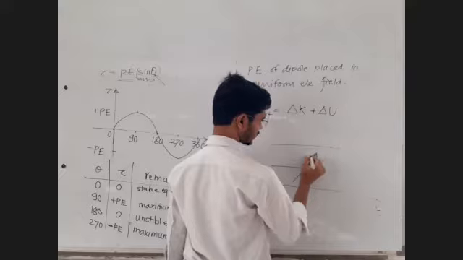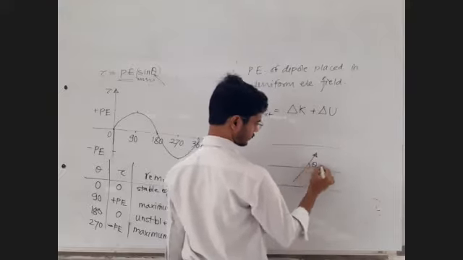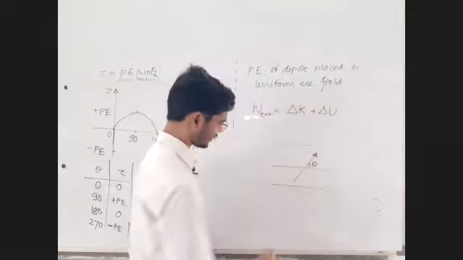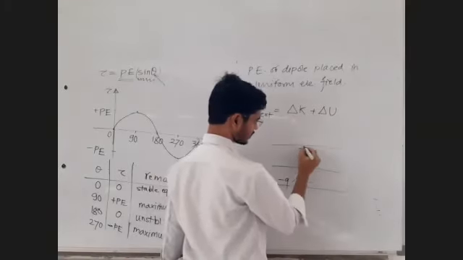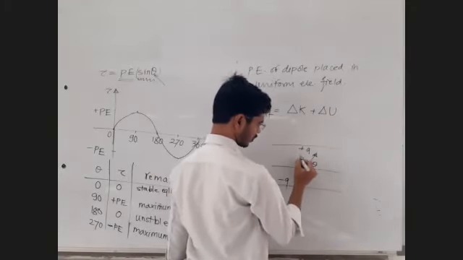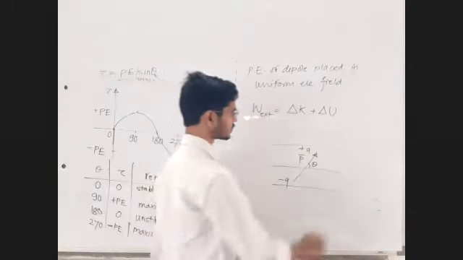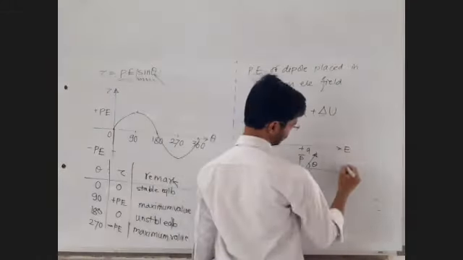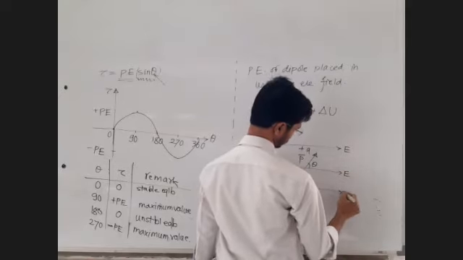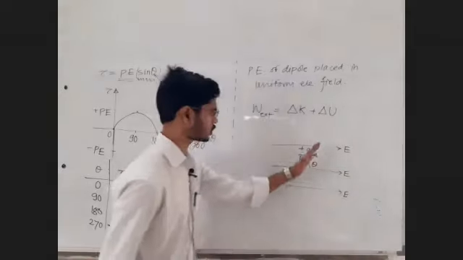Let's say any general position of the dipole is theta. Of course, this arrow is sufficient to indicate that this is a negative charge, this is a positive charge, this is a dipole moment p bar. This arrow is itself sufficient to do all these things. This is the direction of electric field, and this is the general position of the dipole.